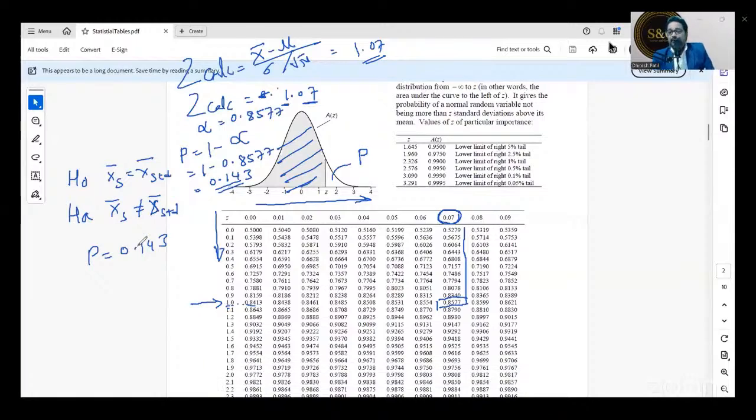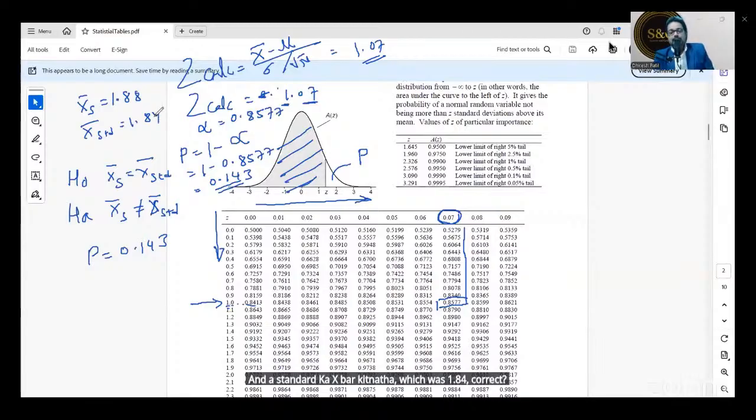Do we reject the null hypothesis? Type in the chat box. What was the sample x bar? It was 1.88, and the standard x bar was 1.84.